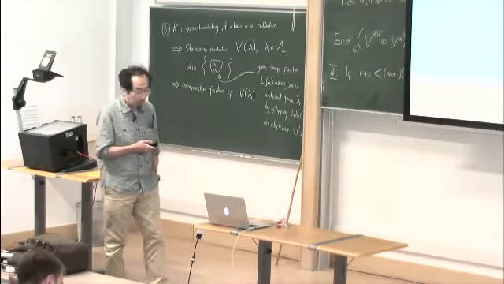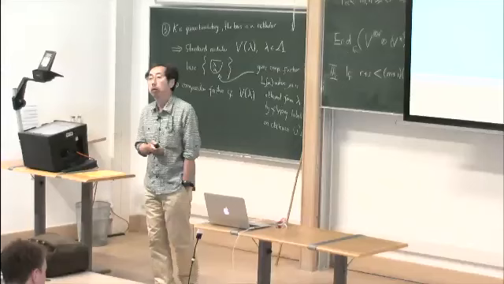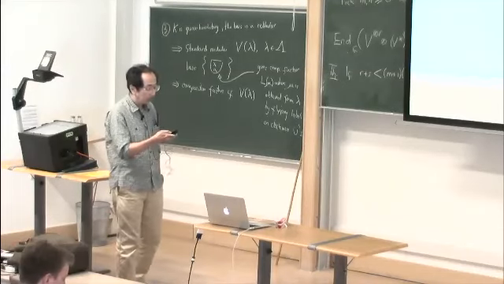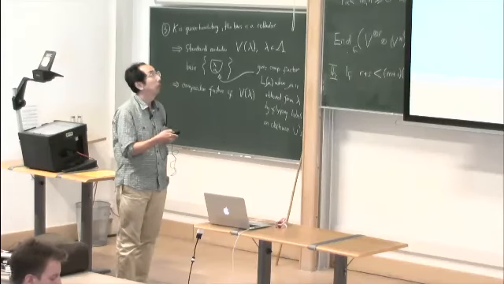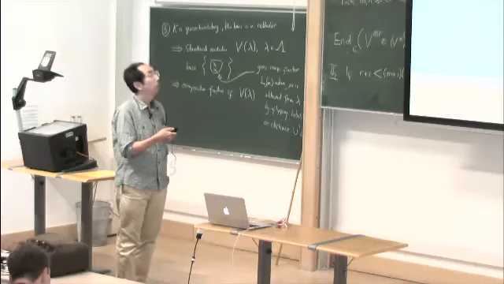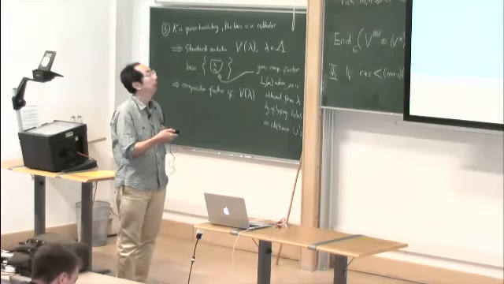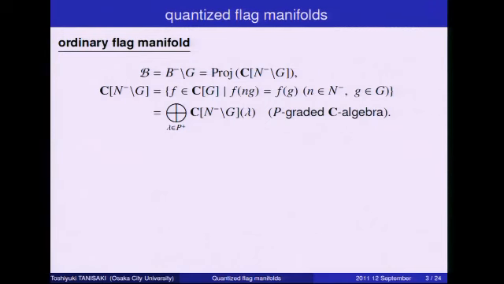Okay, so I want to consider flag manifolds corresponding to quantized enveloping algebras, quantized flag manifolds. So I want to define this. And first I recall the definition of the ordinary flag manifold. The ordinary flag manifold for the algebraic group G is defined as G over B, G over B minus. And since it is a projective variety,